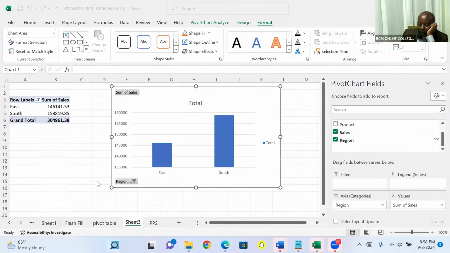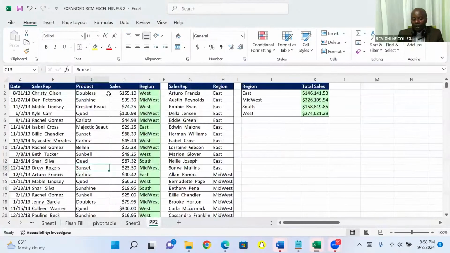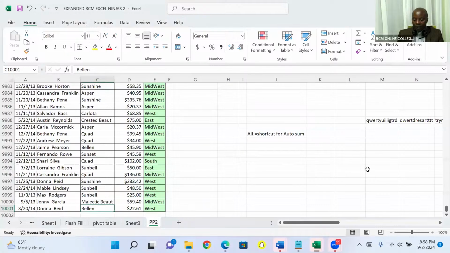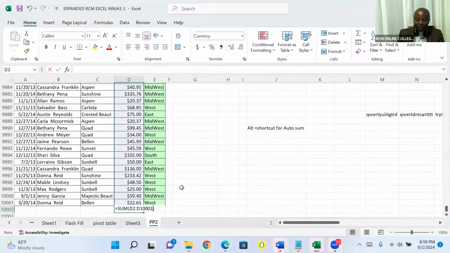I will tell you right now why we have a blank. Great. So you see, Sherry, you remember very well, Sherry, what we did, we came here in this PP2. You see, I was able to add. Yeah, we went down. After going down, there is something blocking me. We got a total. I just wanted to show you how to get this alt equals, which you did and